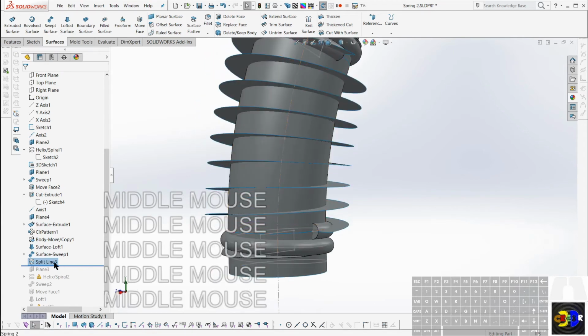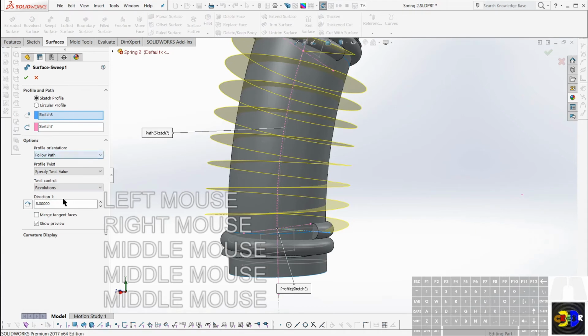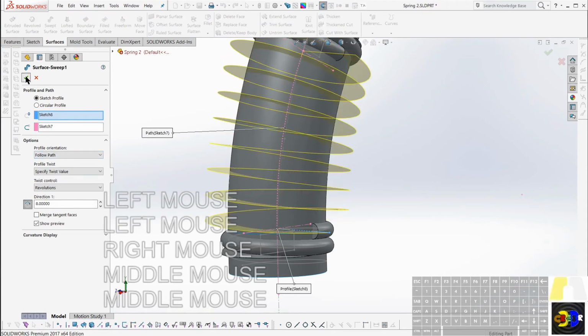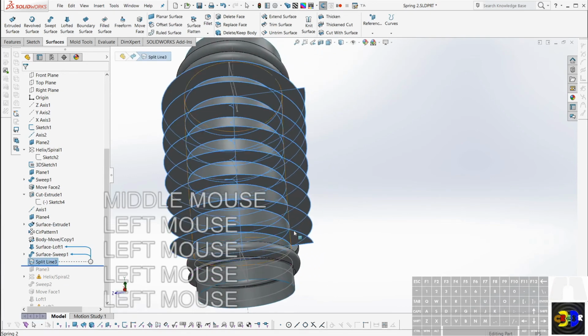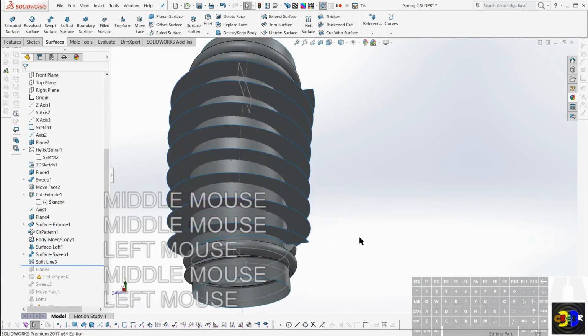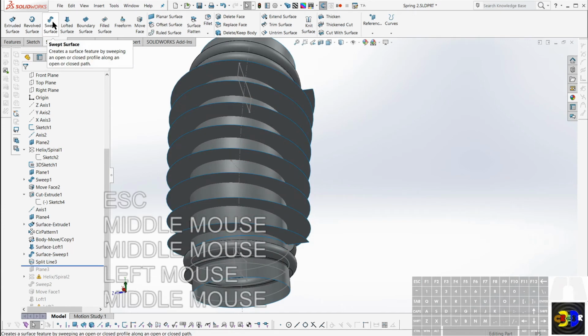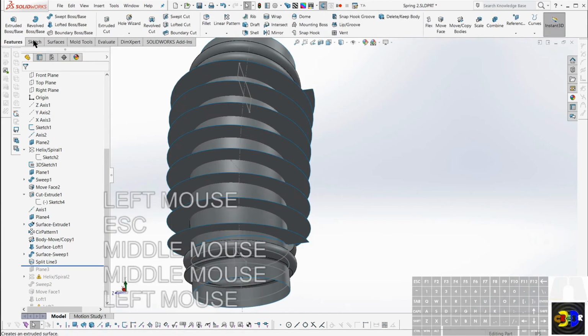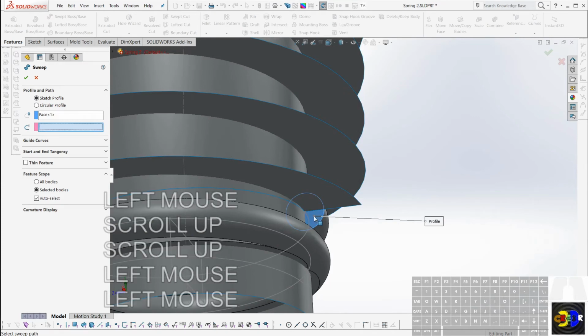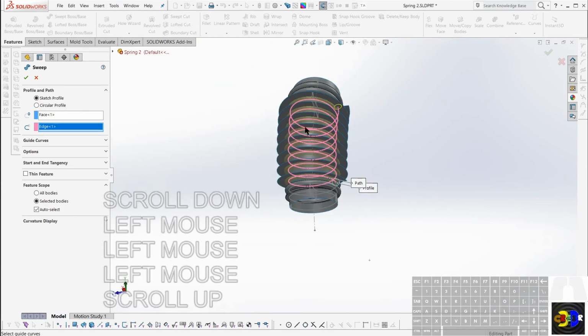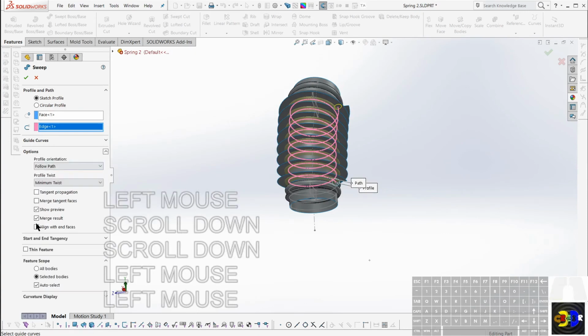But I'm twisting the wrong way. Other way. There we go. Split line still exists. Okay. And so hopefully I can feature sweep boss base, select that face, select this edge as its path, options don't merge,